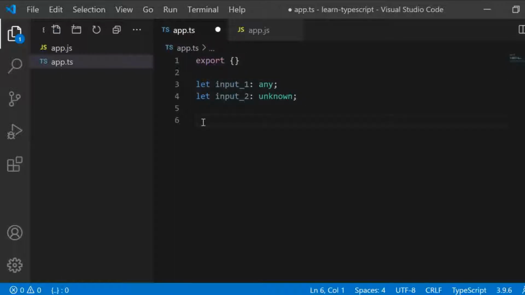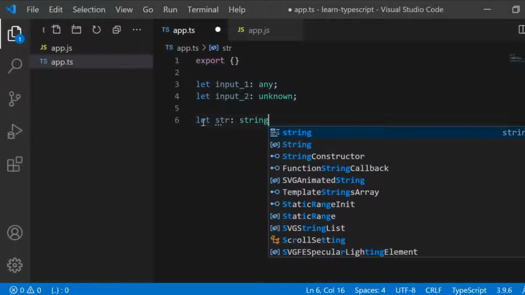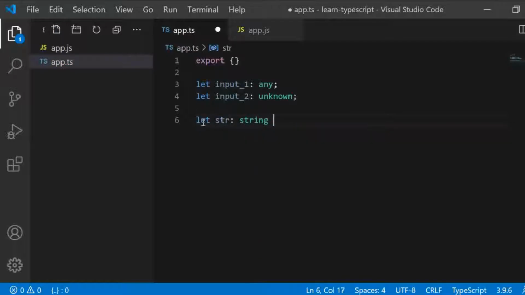Going forward, imagine we have a string over here. You can assign this input easily to this string type, since the type of input_1 is any, so you can easily assign it to a variable of any type. It can be string, number, anything, and the TypeScript compiler will not complain at all.